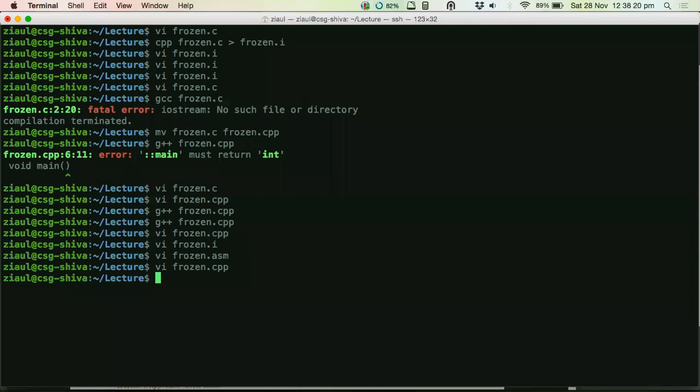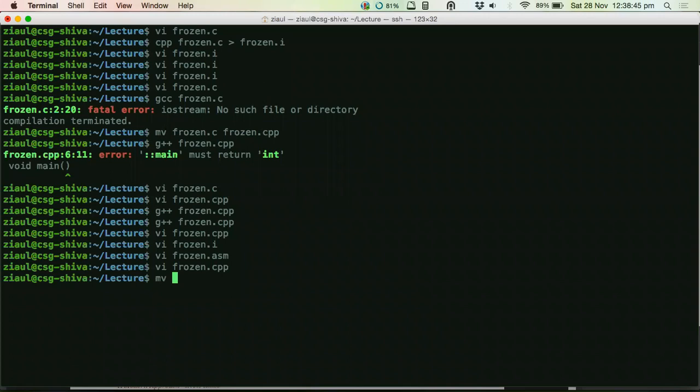Yeah. See, now I will come to the next point. Dot something is the extension of your file. For example, if you want to work with Notepad, can you open a .mp3 file? Is it possible to open a .mp3 file on Notepad? It's not, right? Similarly, your compiler can only process files with certain extensions.